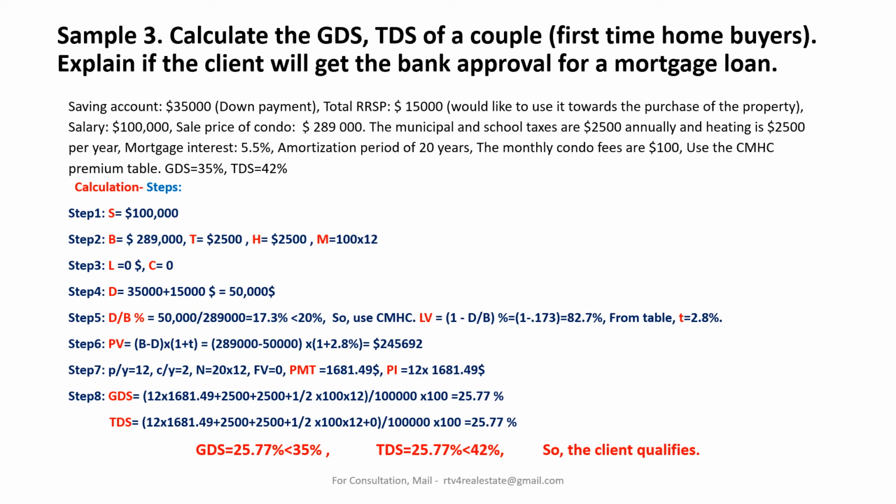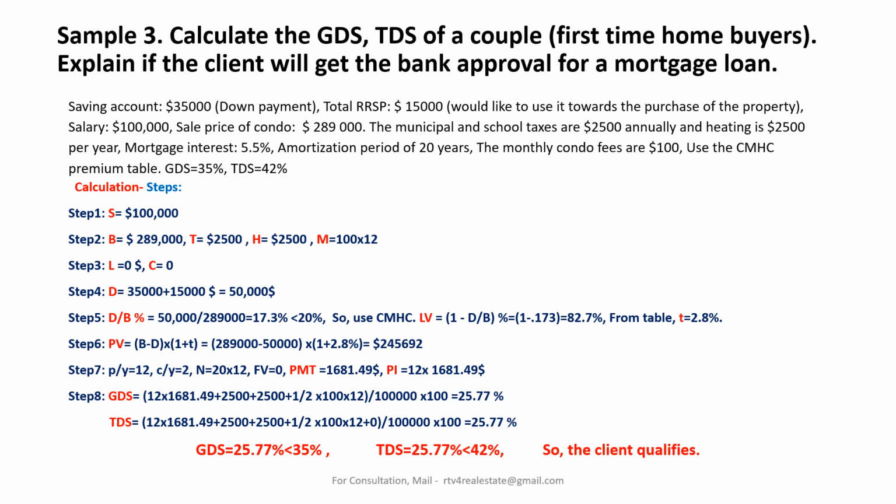LV equals 1 minus D by B percent equals 1 minus 0.173 equals 82.7%, from table, D equals 2.8%. Step 6, PV equals B minus D, into 1 plus T, equals 289,000 minus 50,000, into 1 plus 2.8%, equals